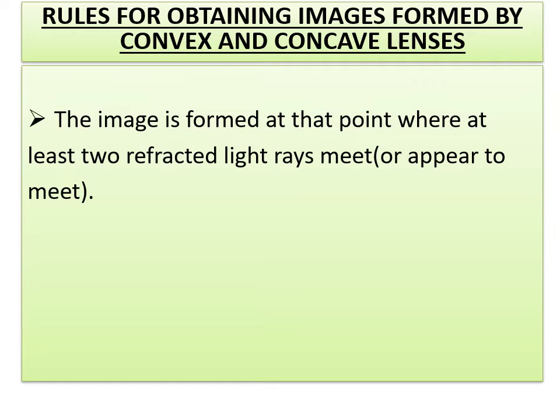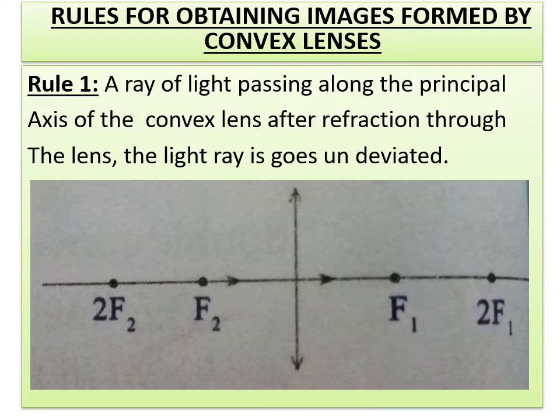So we will continue by observing some of the rules, or the behavior of the light rays, when they are passing through different points in convex and concave lenses. Dear children, do you remember, before getting into the image formations for concave mirror and convex mirror, we learnt a few rules there. Similarly, for convex lenses as well as concave lenses, we have to go through rules. If you know the rules, you will understand everything in detail. If not, you cannot get the image formations.